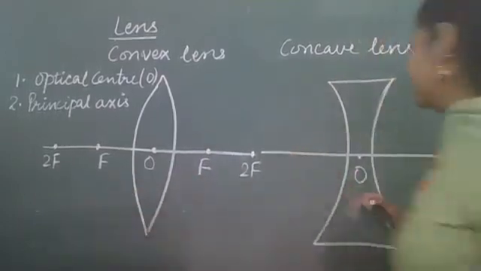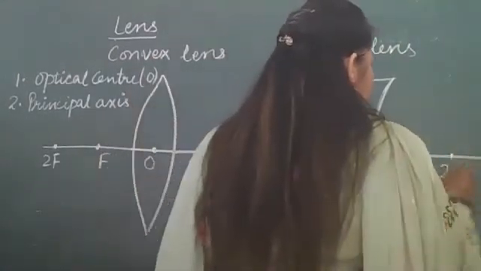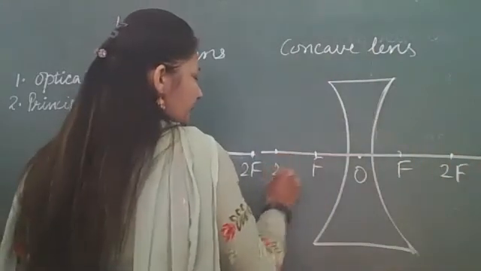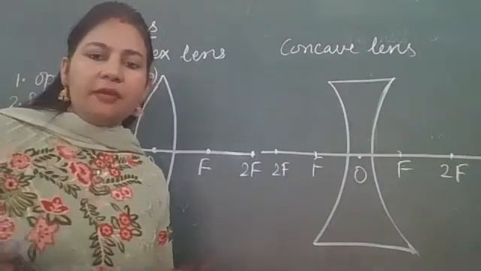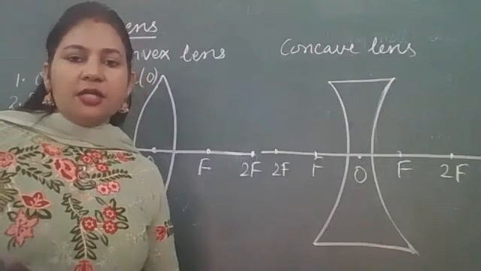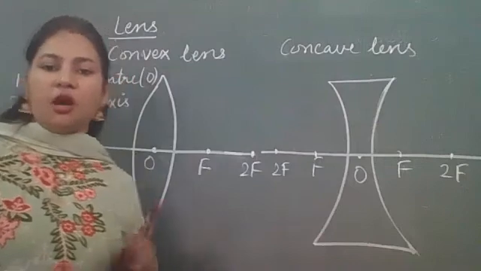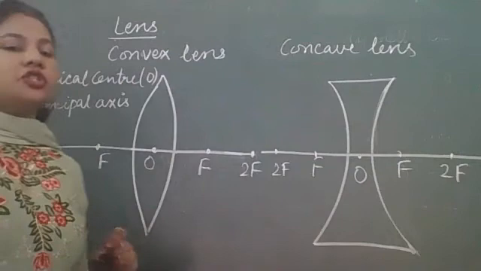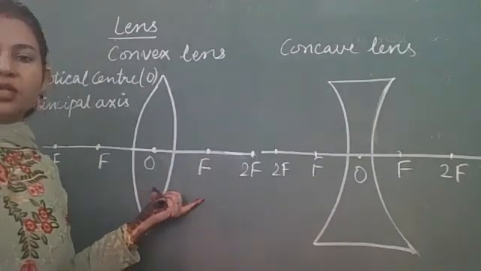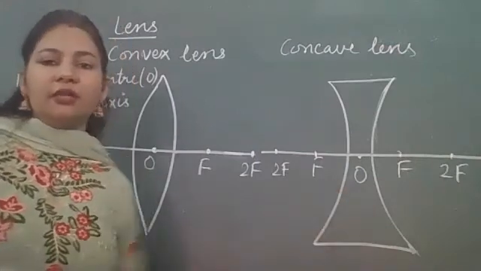Same way here also. We mark f and 2f on both sides of a lens. But actually, which is the real focus? अगर दोनों साइड में फोकस है तो हमें कैसे पता चलेगा इसका रियल फोकस कौन सा है? The focus that takes part in image formation, that will be considered the real focus of the lens. So let's see which focus plays an important role in convex lens and which focus will be considered real focus in case of concave lens.